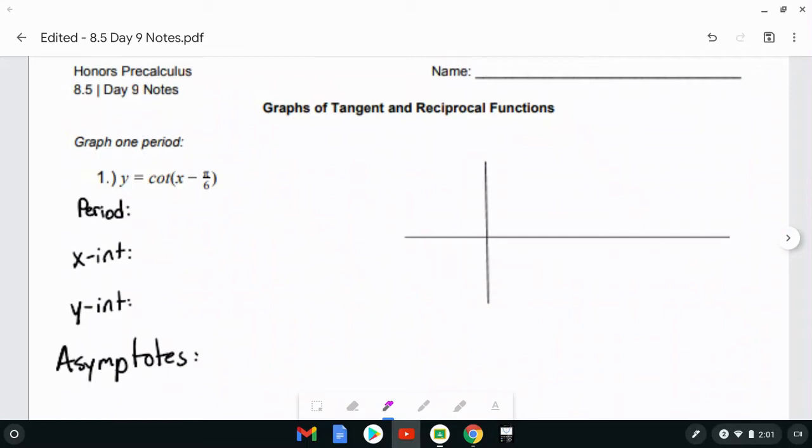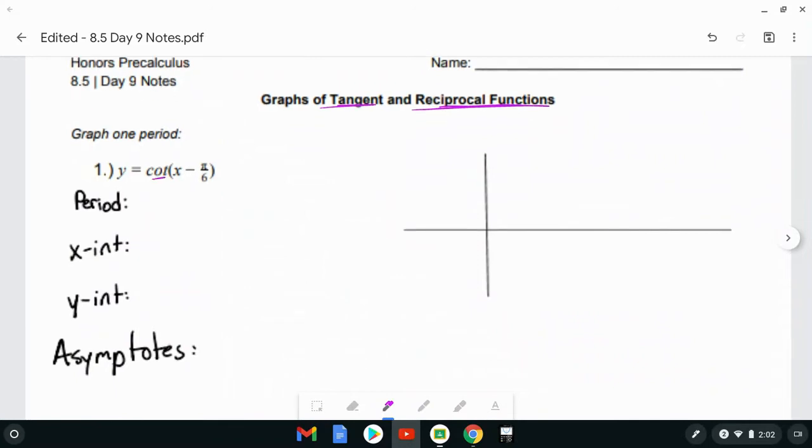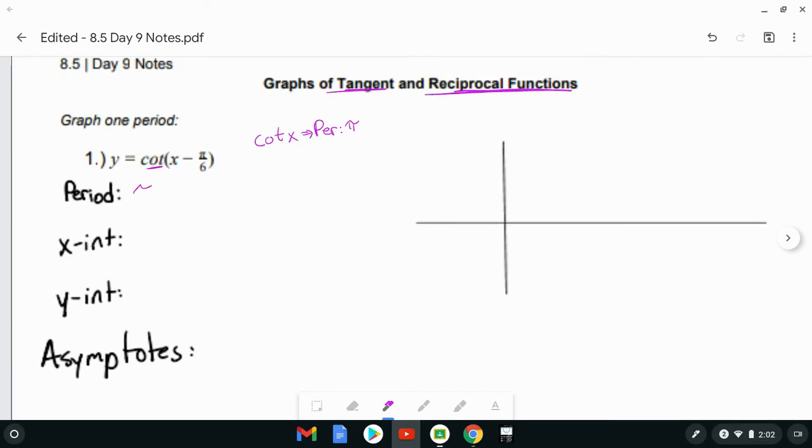For Chapter 8, Day 9, we're going to talk about graphing tangent and reciprocal trig functions a little bit further and just go through some more examples. For number 1, you notice we have a cotangent graph. So immediately remember that our period of a cotangent graph would be pi and not pi over 2. So in order to find the period, we're going to go ahead and just state that the period is pi